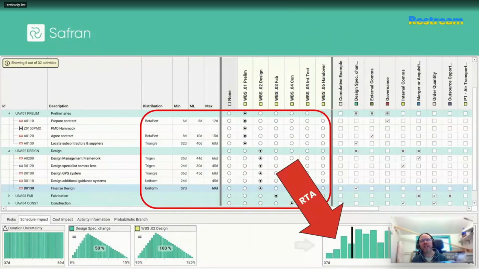But Safran does at least give you the tools to discern any unintended consequences via the real-time analyzer shown here by the arrow. So you can delete and remove the variables as applicable from this screen, or even wholesale untoggle entire methods with a single click.